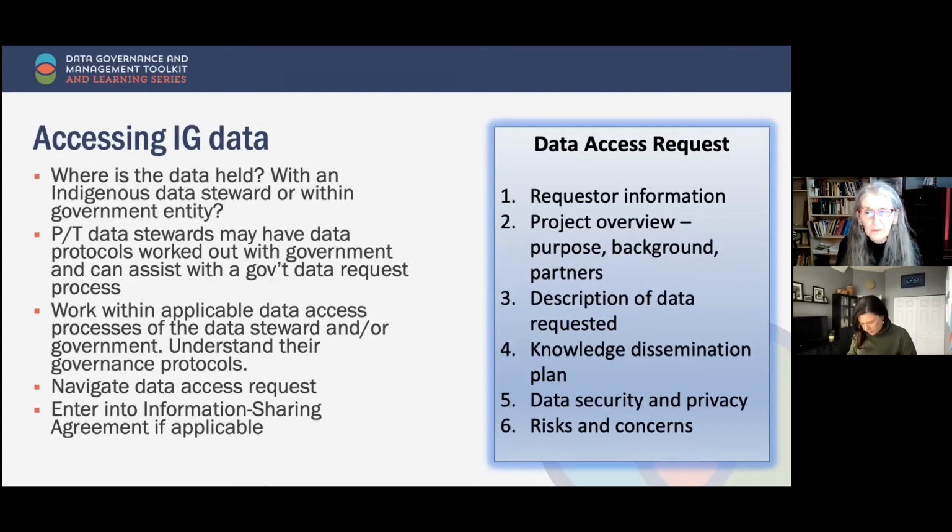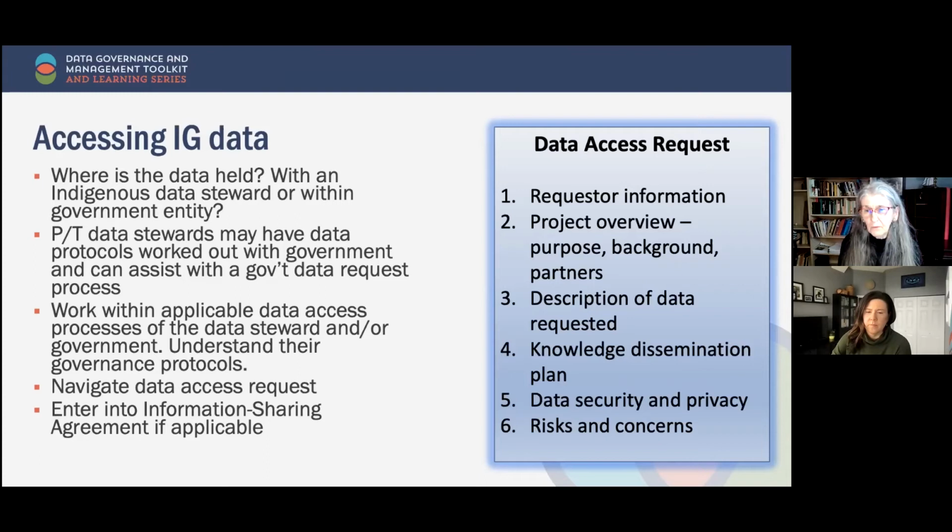In other provinces, the regional data steward is often the one that sits at the First Nations Information Governance Centre board. And they will have established data arrangements with the external government that allow a transfer of disaggregated data, not row level data, but disaggregated data generally. So that's the first port of call.